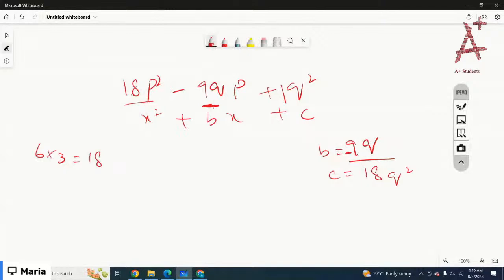But you have to make negative 9. That means it is negative 6, negative 3, because negative 6 and negative 3 make a product of positive 18, right? So the factors are